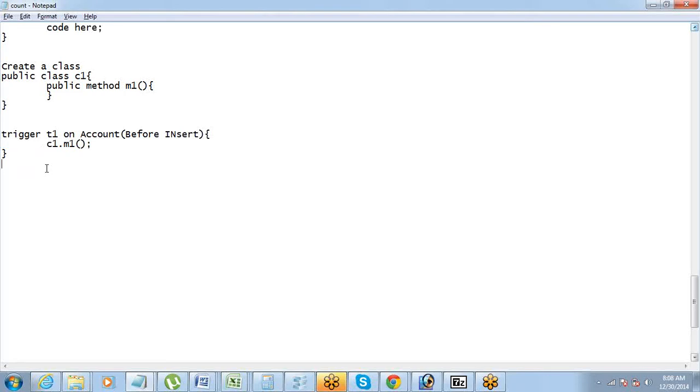Now let's do one example of this type and see how it works. I will just log in to the developer account, Venkat's account.